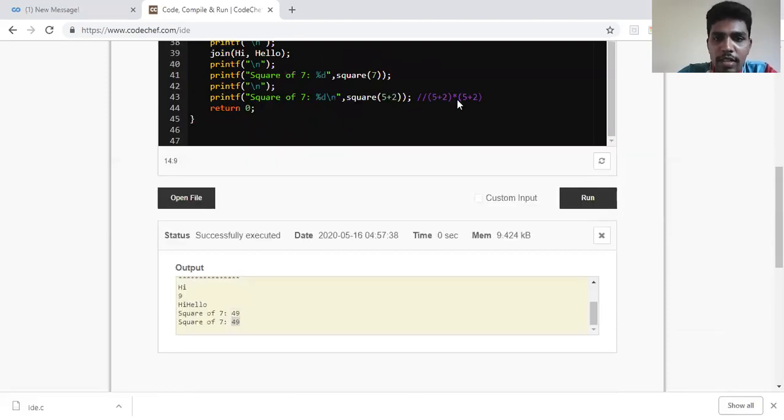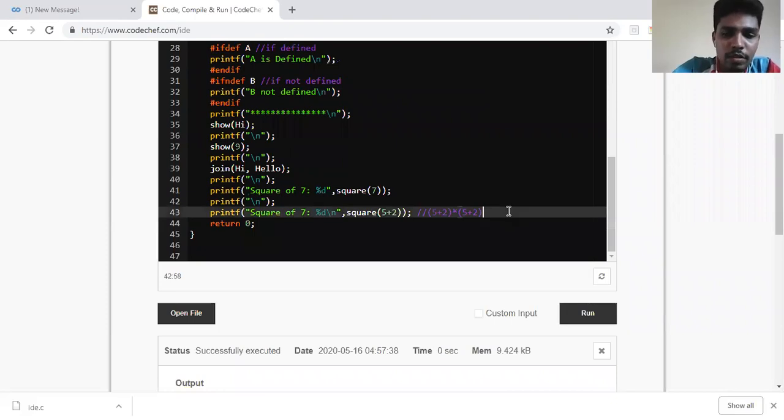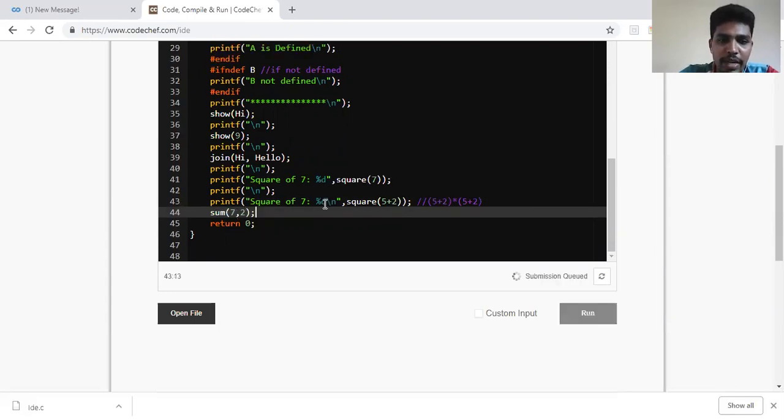So we'll call this particular macro in the last section. Okay. So what I'll do here is I'll call the macro. So name of the macro was sum, and I'll be passing 7 and 2 to that. Just 7 and 2 is being passed. So I should be getting 7 plus 2 is equal to 9. Okay. So if you can see here, 7 plus 2 is equal to 9.